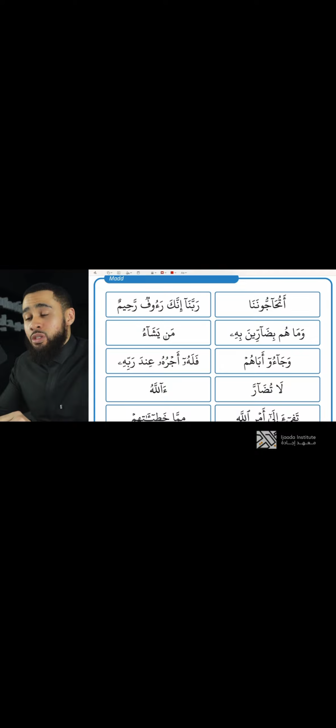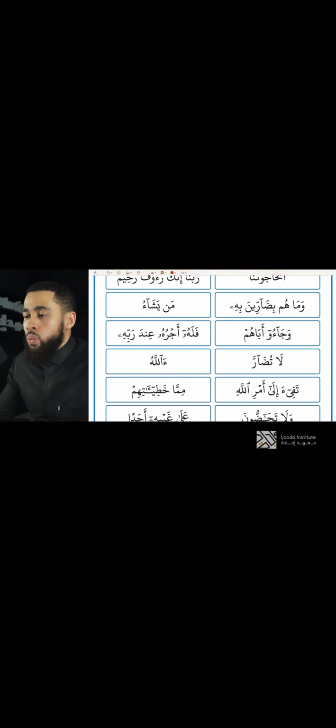Next one. We can see that's supposed to be a noon, but there's nothing on the noon. That gives it away that the noon is not going to be pronounced. What's after it? A ya. So here we're going to do idgham with ghunna, right? If you remember, the letters of idgham are in the sentence yarmaluna. So we will say man yasha'u. Right? So we've got sha, and we've got the mad here to make the sha even longer. So we say yasha'u. Man yasha'u.